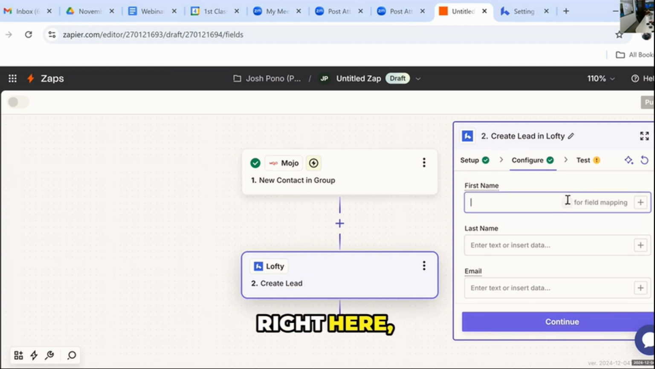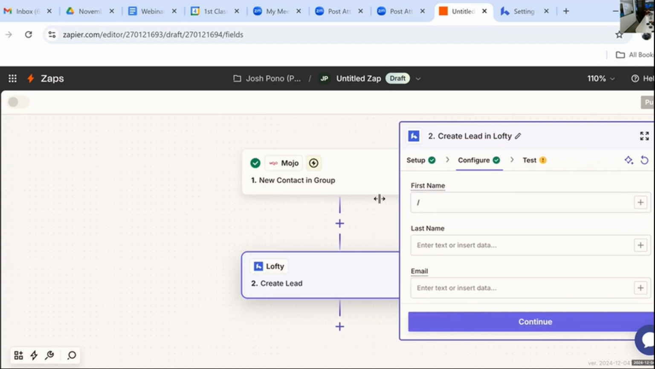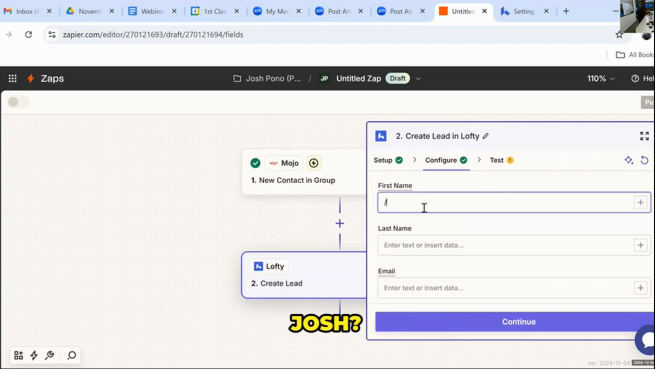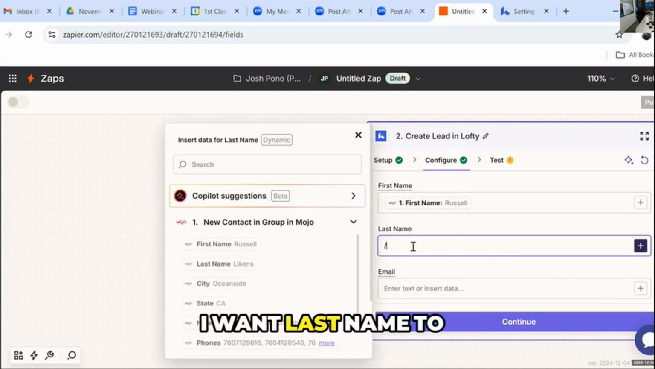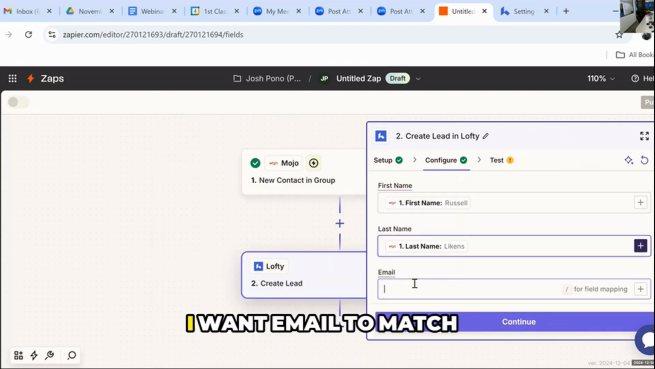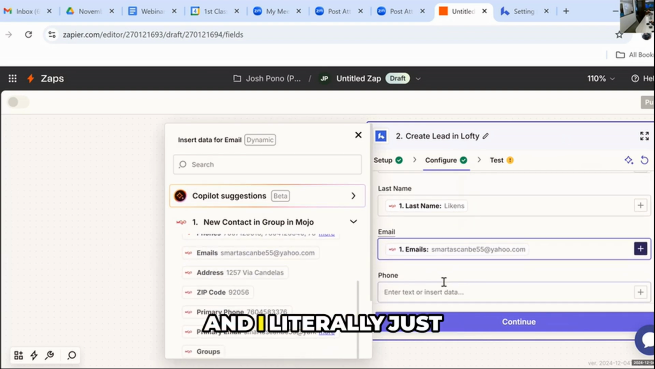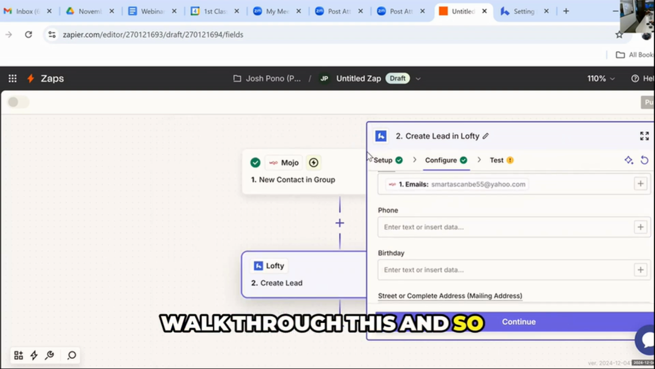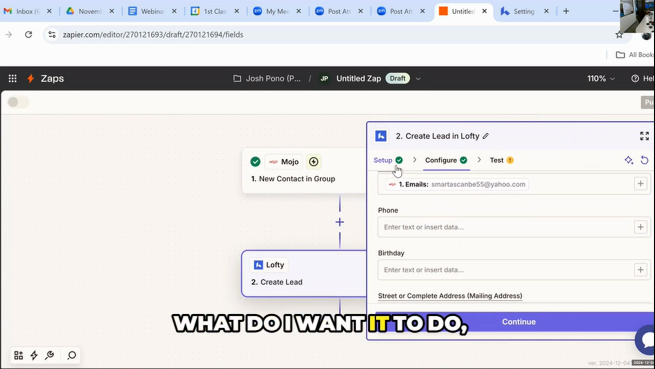Okay, what data do you want it to pull? Right here, this little button for mapping. And it says, you want the first name? And it just highlights it. Here's the first name, right? What do you want, Josh? Well, I want first name to match first name. I want last name to match last name. I want email to match email. And I literally just walk through this. And so I tell this program what lead source, what do I want it to do when what happens,